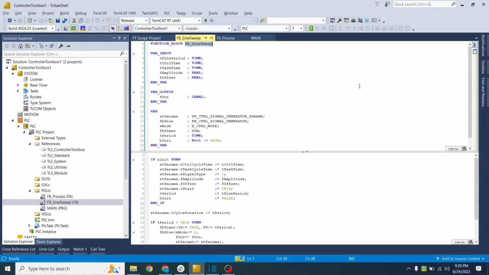A sine sweep input is a sine wave that has its frequency increased every period. By exciting the system like this, you can obtain responses throughout a wide range of input signals. If you're planning to do system identification, you may want to use this function block. For that reason, I've made it a little bit more reusable than FB process. The inputs are the initial sine period, the control time, the PLC time, the amplitude, and the offset of your